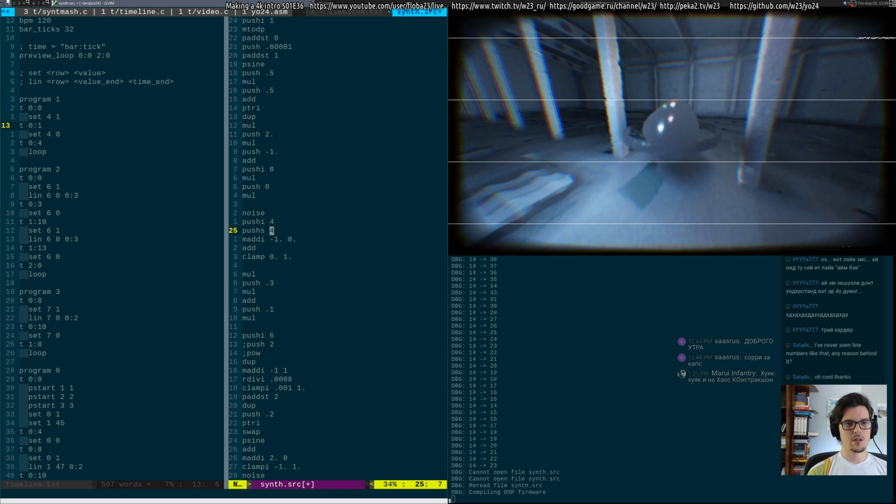So this basically subtracts the current value from the signal value, and if the signal value is 1 and this is 0, I do get 1, and then I just